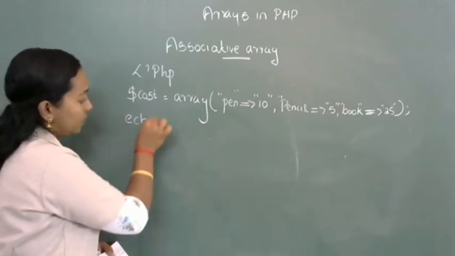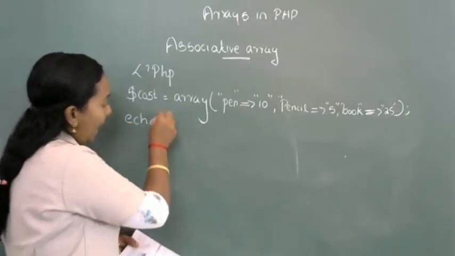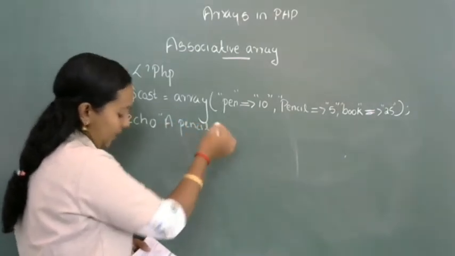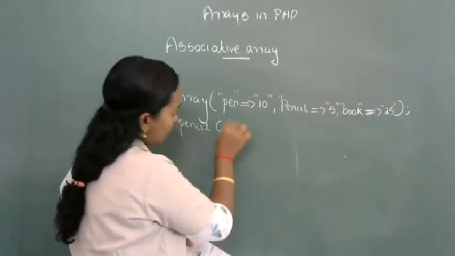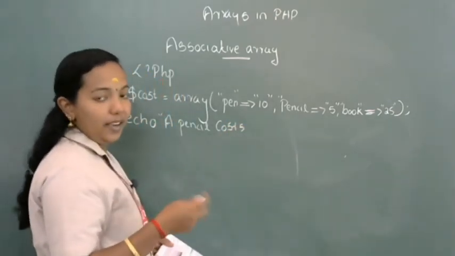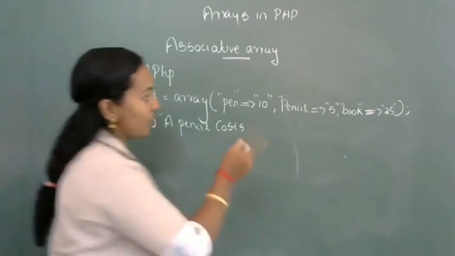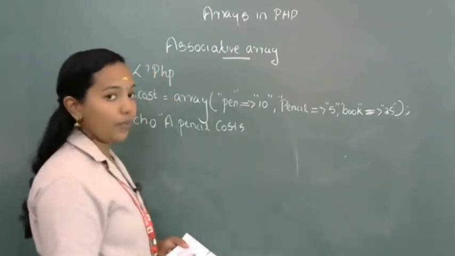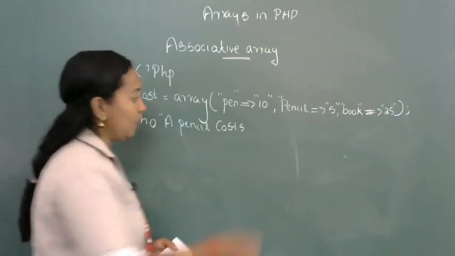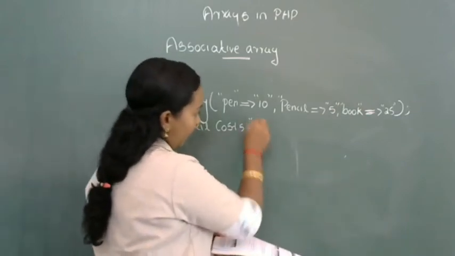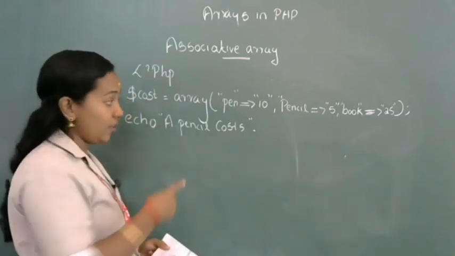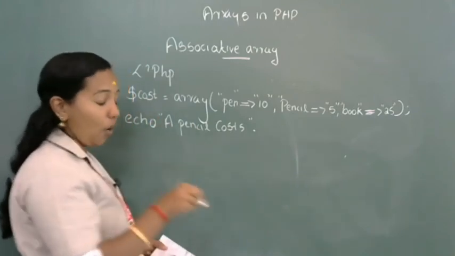Echo, a pencil cost. Next I want to display the cost of pencil. What is the cost of pencil? 5. Here pencil is the key. So I am going to write like this. Dot. You know dot operator is used to concatenate strings. So that's why pencil cost dot